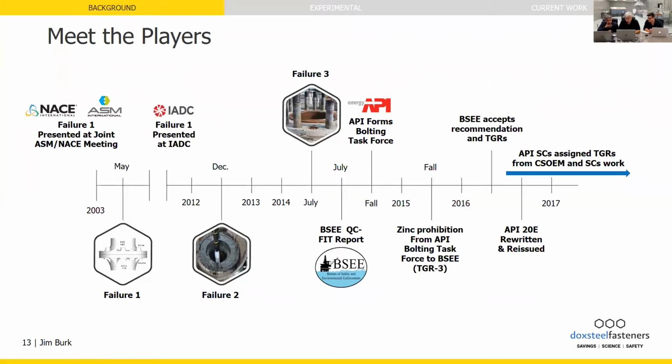TGR 3 recommended that zinc not be used in service for these bolting because of the evidence that had been found of zinc or aluminum being present in these hydrogen embrittlement failures, the ones that I referred to. If you look at the QFIT report, you'll see that they also found additional evidence there. So BSEE accepts these recommendations, and